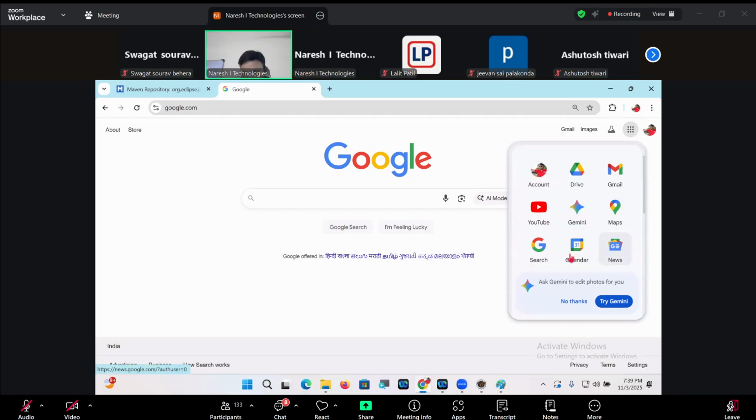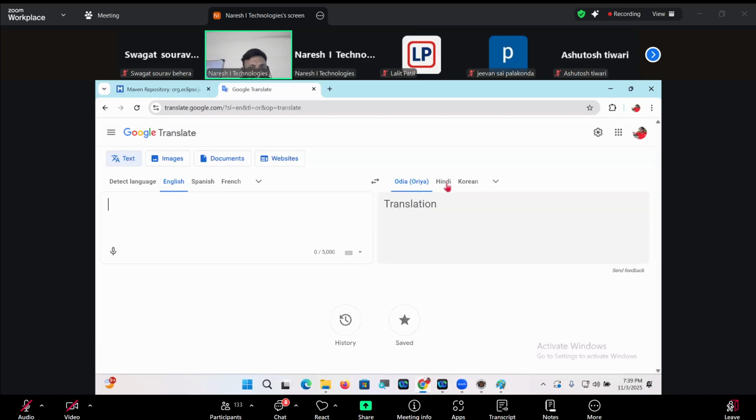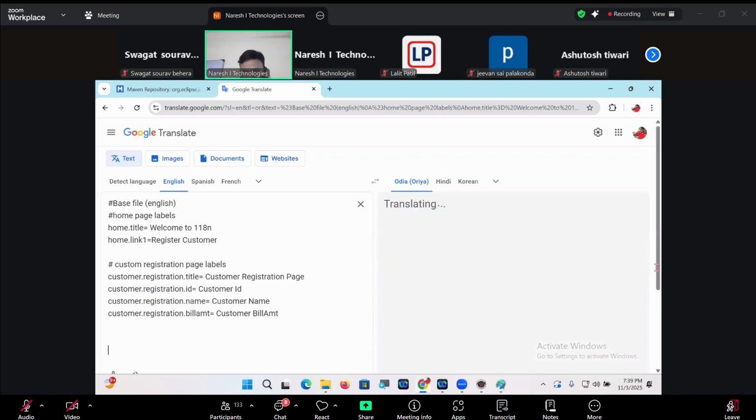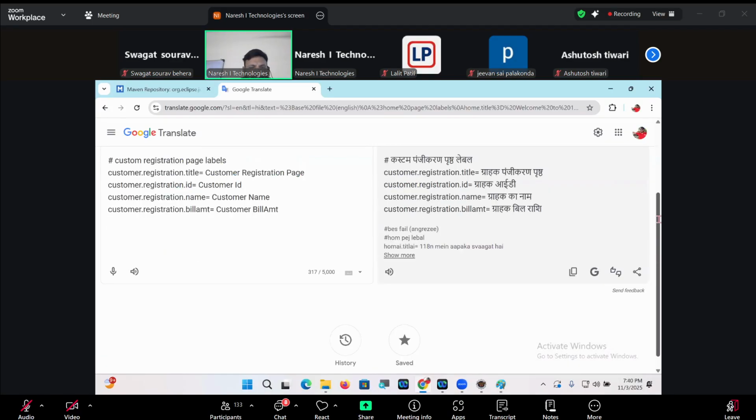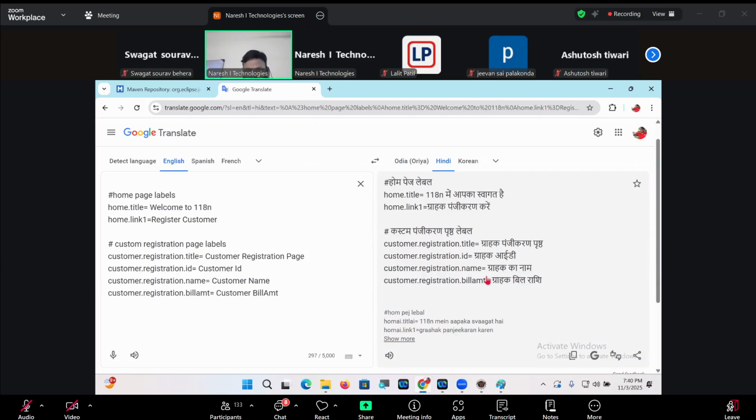Paste. Are Hindi labels coming? Yes, automatically they are converted into Hindi labels. If you want, you can ignore the first one, the base file, which is not required. The remaining things are coming nicely.